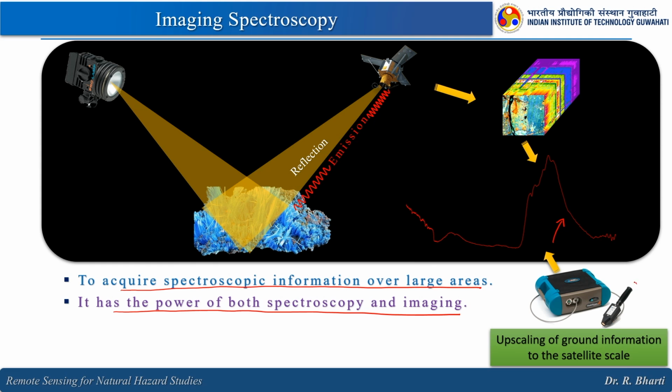So, what we do is, with this kind of pointer, we place it over the sample, or we have different setup through which we will target or focus the fiber optic cable. This is here, you can see. So, this we will target, and this cable will have an IFOV and it will look at this particular area, right. So, it can be centimeter, meter, millimeter, depending upon the height of the instrument, or this is the target and this is the